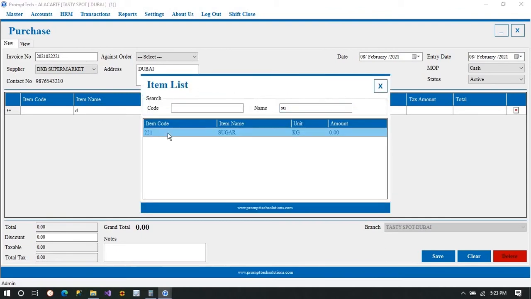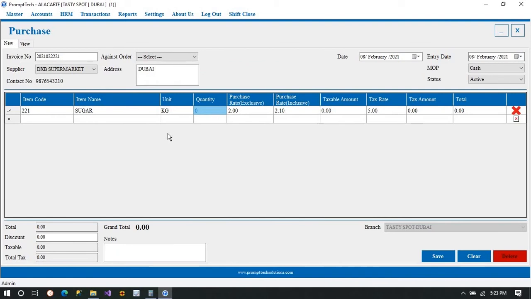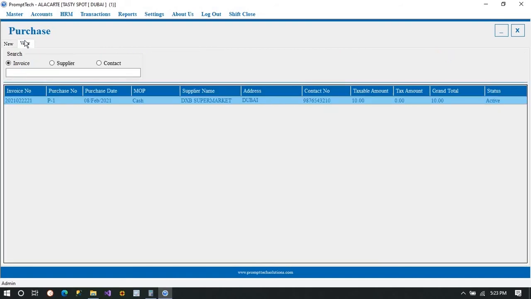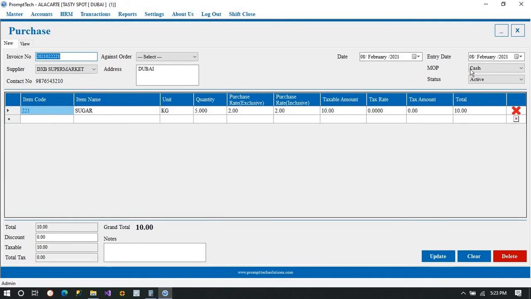And the item number can be added over here. See, the sugar has been added over here, and the tax and everything is given below. You can add the tax by yourself, or it will automatically be added, right? So you can even change it, but yeah, as you know, you can be adding 5% tax over there, or it is 0%. You can change it as per your convenience, and that is clear. And if you go on the view, whatever you have generated will be there in the list.